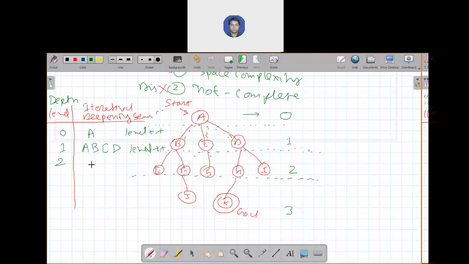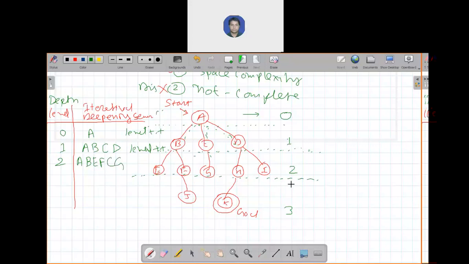Again start from the start state A. Then we have three options, B, C, D. You will opt for any one. Suppose B. Now in this subgraph, you follow DFS. B and then E and F, two options. You can select either F or E. Just E, then F. So apply DFS and write the sequence: E, F, then go to C, then G. We have a choice, but we are not exploring J because it's out of your depth.